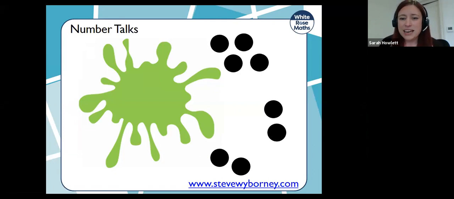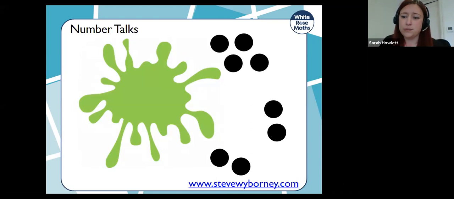Excellent. Now, also thinking here, we could take, oh, I wonder if anybody noticed what happened then. Let's have another look. So there could be something underneath the splat. Can the children see what's underneath the splat? Can they subitize it? So that was a quick flash, and I could see that there are 3 dots there. And we can have that discussion about how does that affect the total? So if we've seen that we've got a 4, a 2, a 2, and a 3, how does that affect